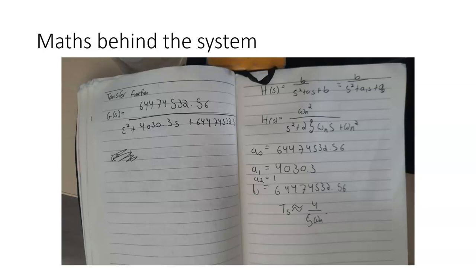As we can see, that is the transfer function of our second order system, where our A and B coefficients are, well, for a start, the B coefficient is whatever you have in the numerator, which is 64,474,532.56. So that's our B coefficient, B0, and our A coefficients are